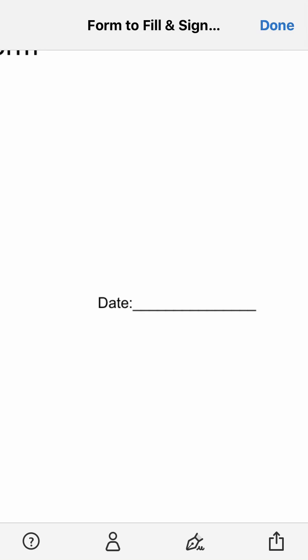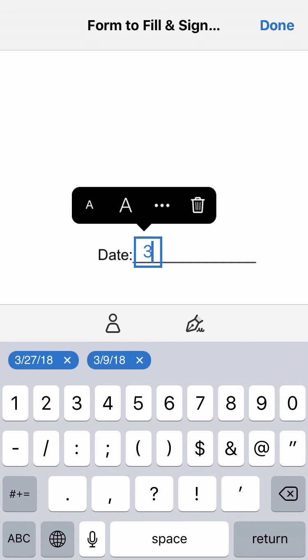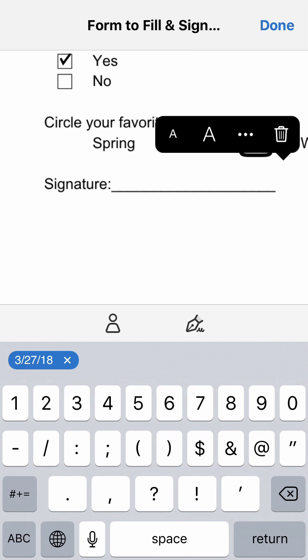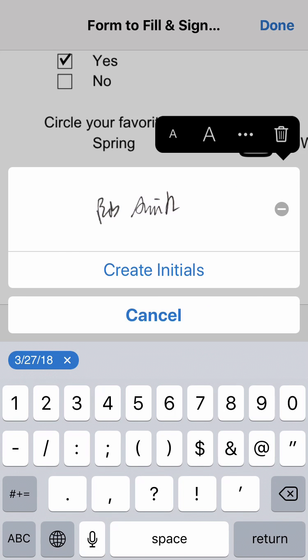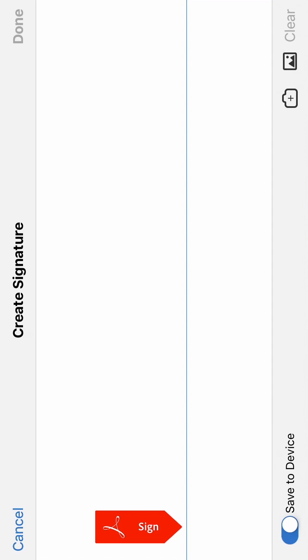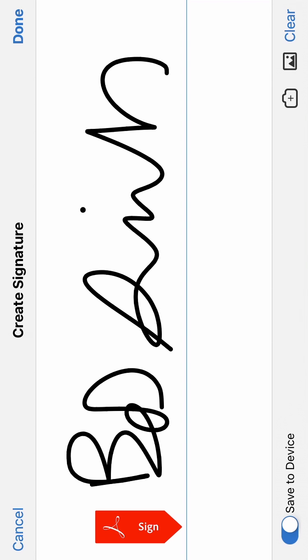And again, if I want to add regular text, I'll click one time lightly and I will be able to enter the date here. Now to add a signature, I'm going to click on this pen icon that's between the form and the keyboard. And if I've already created a signature, it'll be saved there for me. But I can go ahead and click Create Signature and I will see this option here. I can use my finger to draw directly on the screen, create my signature,